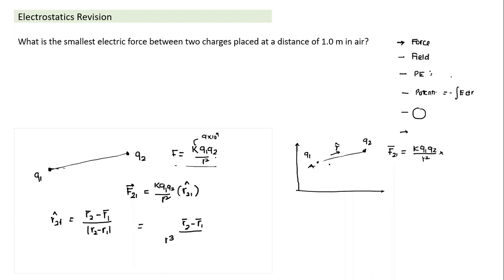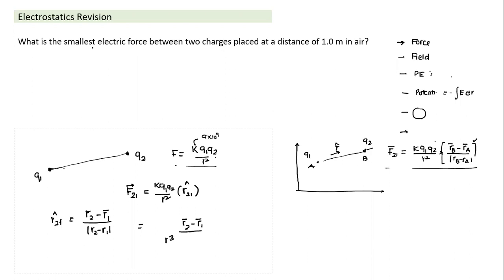If this point is A and this point is B, I can first write this vector. The vector is, if the point is 2, the corresponding position vector RB minus RA divided by the magnitude of RB minus RA. And if I write it like this, it is true for all signs. If Q1, Q2 both are positive, this will be the direction. If they are of opposite sign, it is still valid. So this is valid for all four combinations of sign of charges, and we can use it whenever we need to find the force in vector form. In case of magnitude, it is very simple.